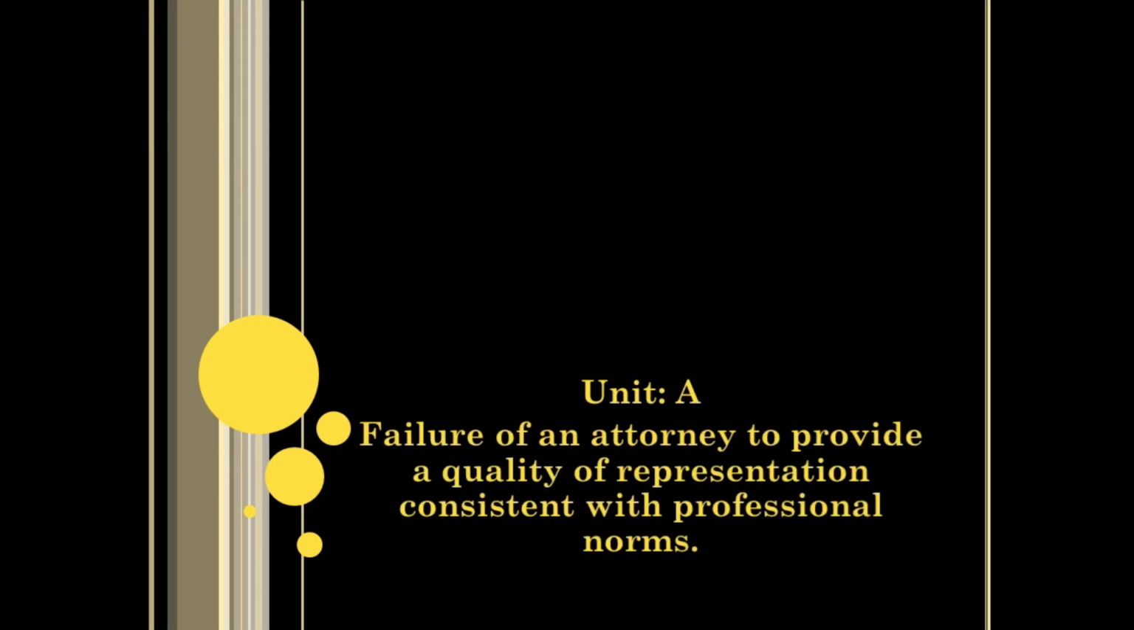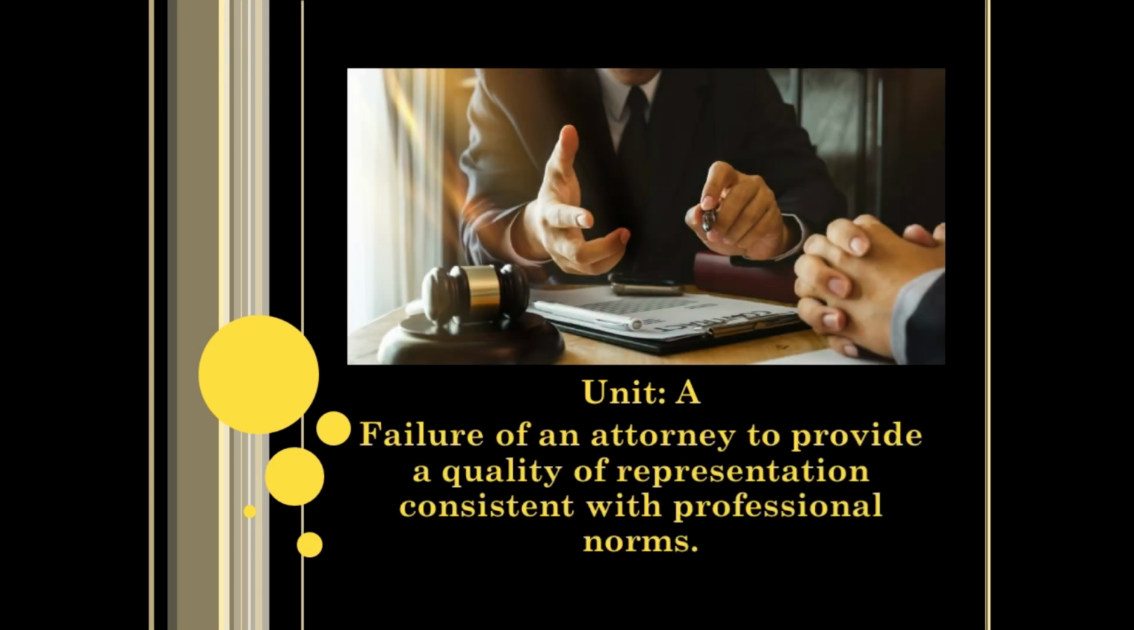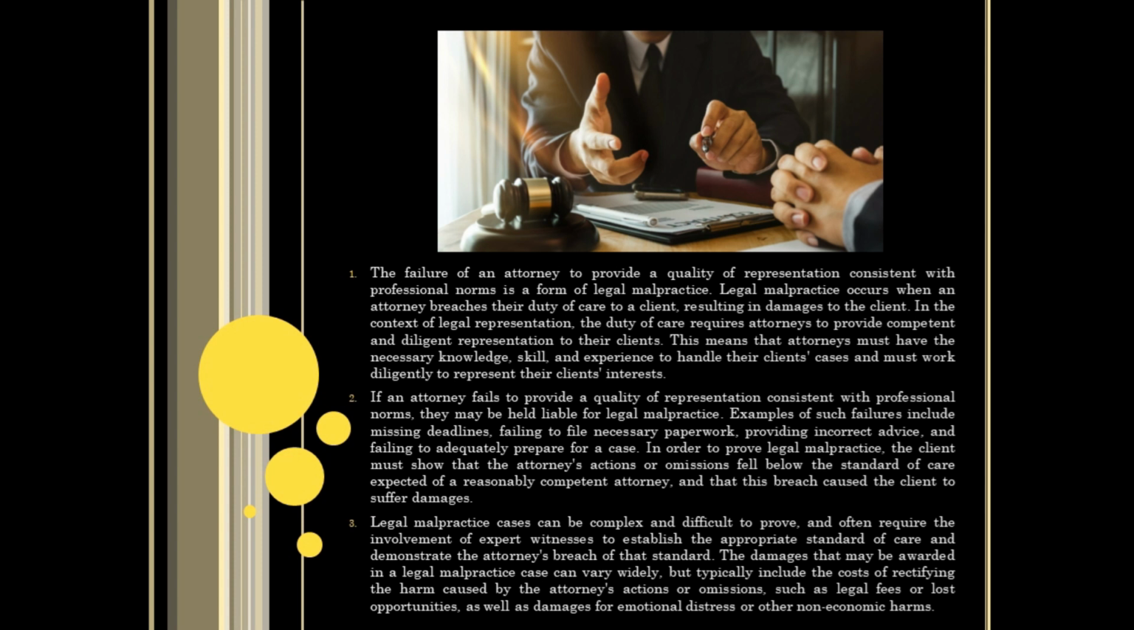Unit A. Failure of an attorney to provide a quality of representation consistent with professional norms. 1. The failure of an attorney to provide a quality of representation consistent with professional norms is a form of legal malpractice. Legal malpractice occurs when an attorney breaches their duty of care to a client, resulting in damages to